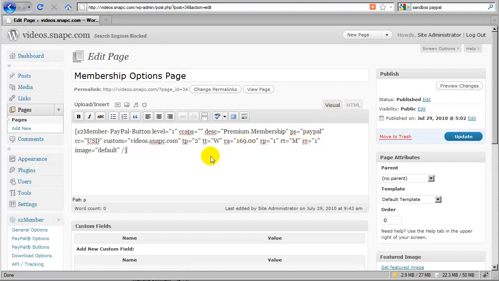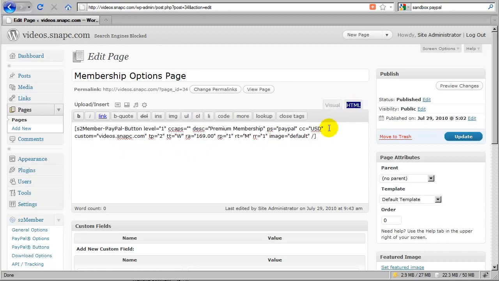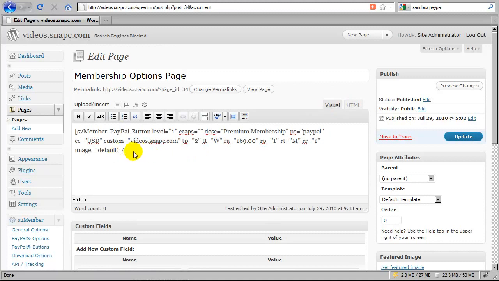Now, if you had chosen the full button format, which we didn't really review in that last demonstration, but there is another format that's the full button code, and if you had chosen that format, then you would have to paste that version into the HTML editor. But this shortcode format is what we recommend, and it works in either tab. It doesn't really matter. It's cross-compatible. Okay, so I just click Update,